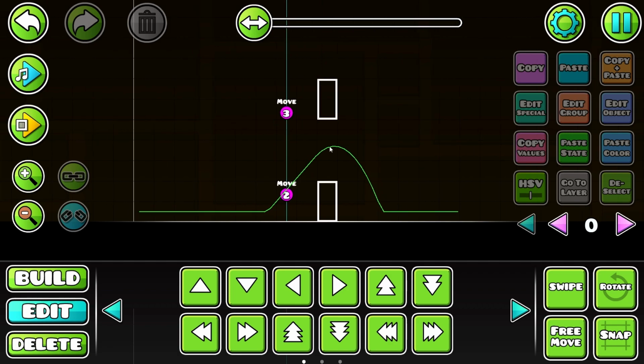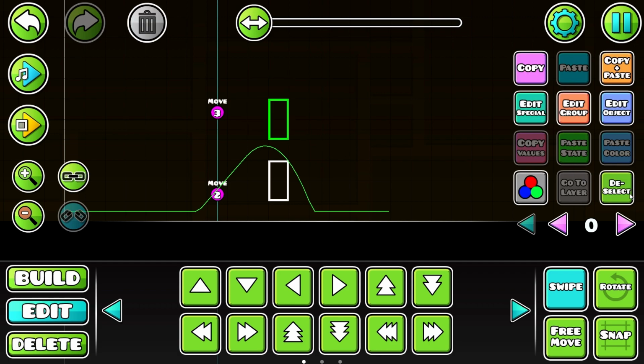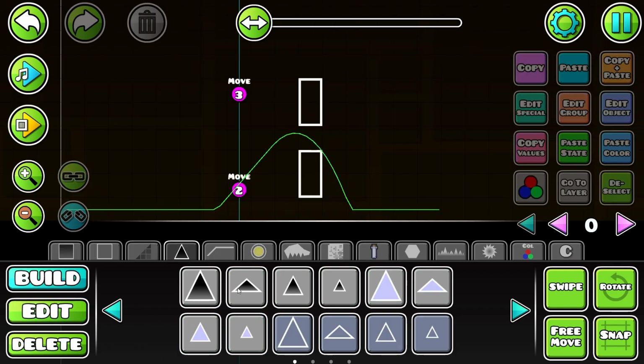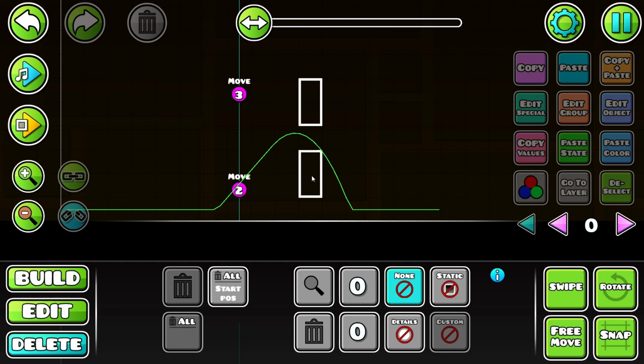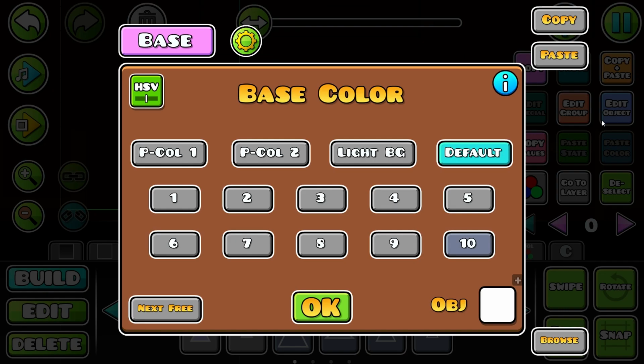So if you see the line right here, if you just do a normal robot jump over this, it kind of goes like this, right? So you can see the path of what's going to happen. So what I'm going to do is move that up 1, move this down 1. So I'm going to put these right here. And I'm actually going to add some spikes. So to number 2, add that. The top one,